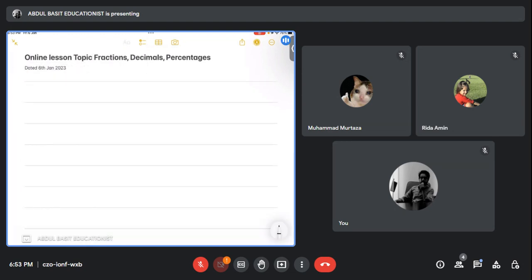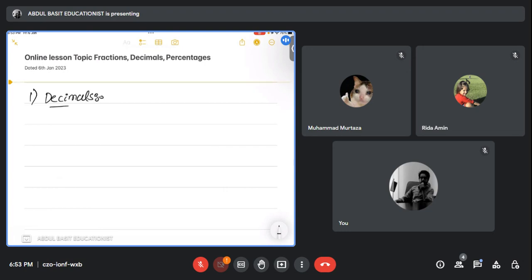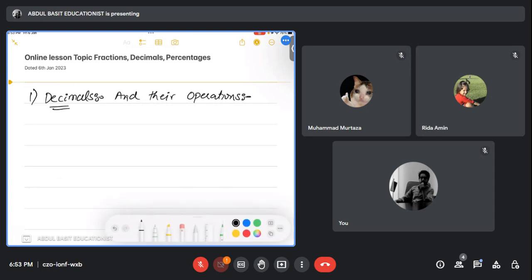Bismillah Rahman Rahim. The first topic which I'm going to explain is decimals and their operations. We will see how we do mathematical operations on decimals. First of all, we have addition